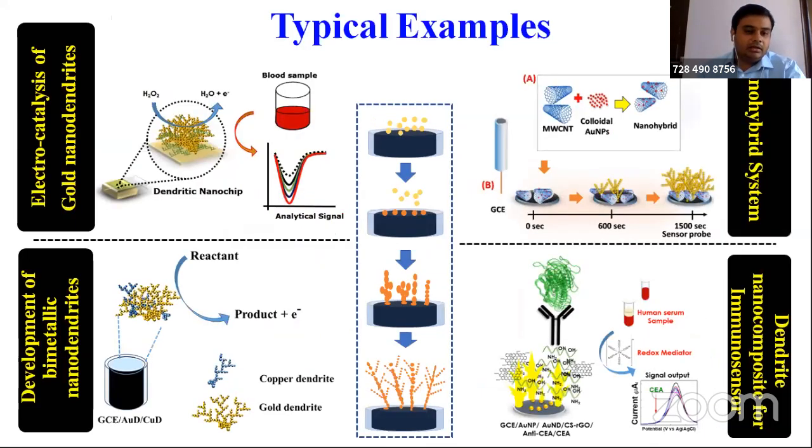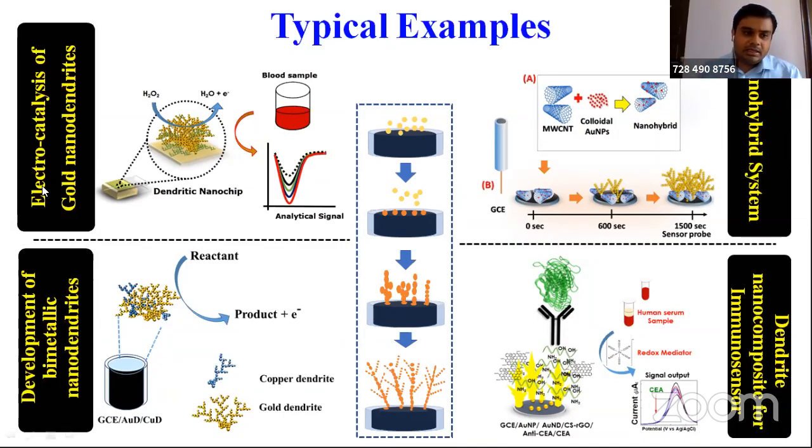All right, so I'll now talk about typical examples where a lot of types of nanomaterial have been utilized to develop various kinds of sensors. So I've categorized a very recent type of nano system. I'm sure many of the students have heard about nanoparticles, gold, silver, and so on. But these are some unique types of structures, called nanodendrites, metallic nanodendrites. It's a branched three-dimensional structure.